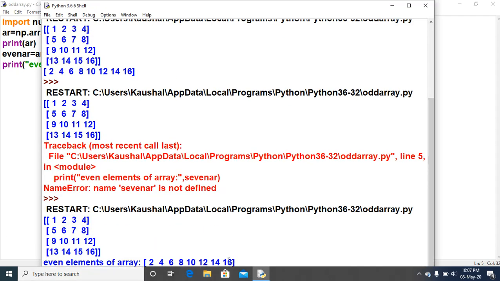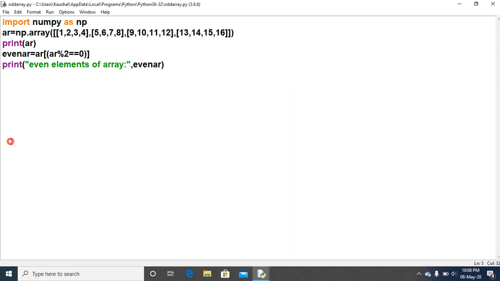2 4 6 8, all the even numbers of this array are returned as output, and the message even elements of array is coming, because now we have given that message. So this is also one of the ways, the criteria for how to write it. Okay,